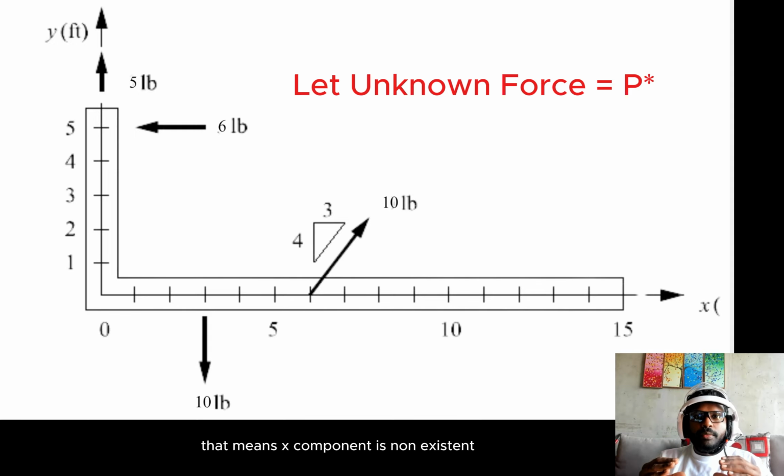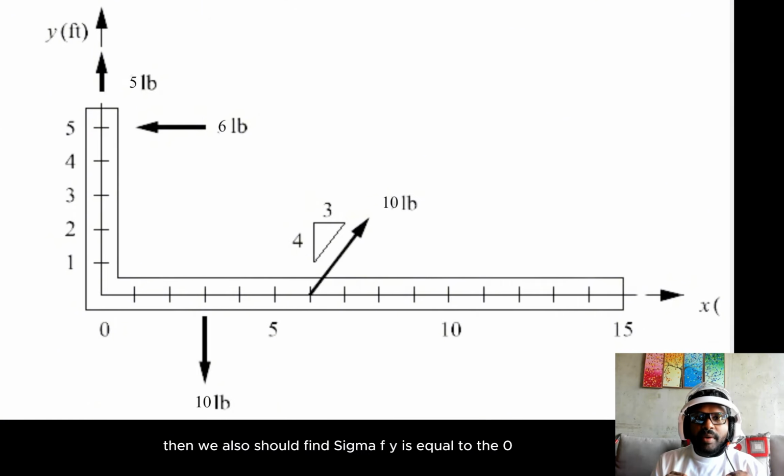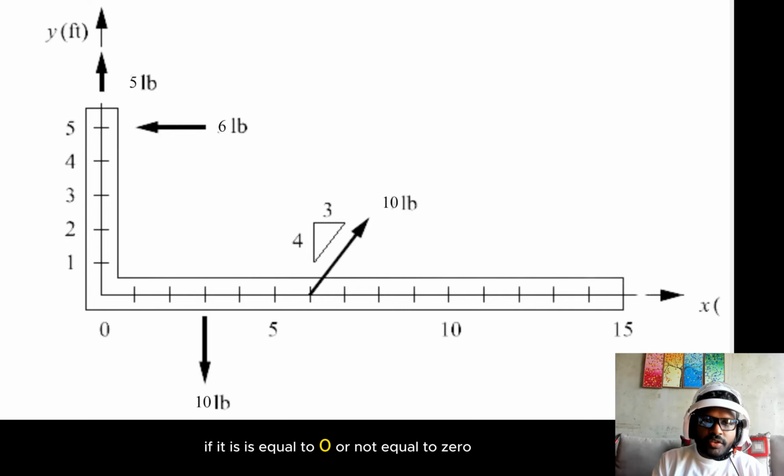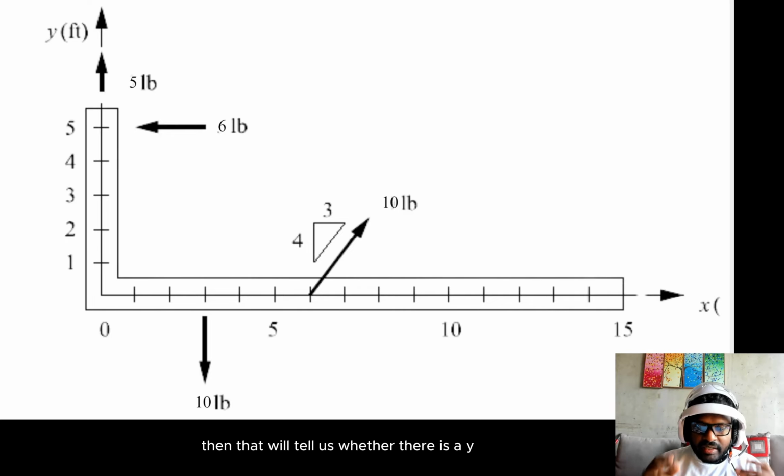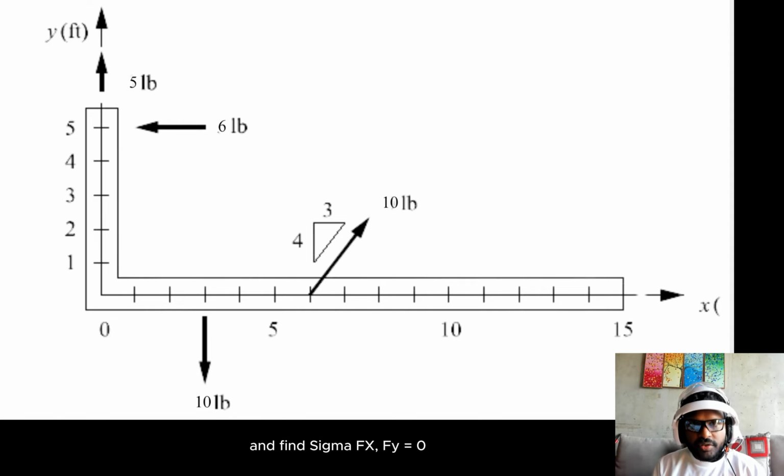If it comes to 0, that means the x component is non-existent for the result. Then we also should find sigma Fy is equal to 0. If it is equal to 0 or not equal to 0, then that will tell us whether a y component force is required or not. So first we have to calculate x direction forces and y direction forces and find sigma Fx and sigma Fy. Once we are able to find out the resultant force that will bring this